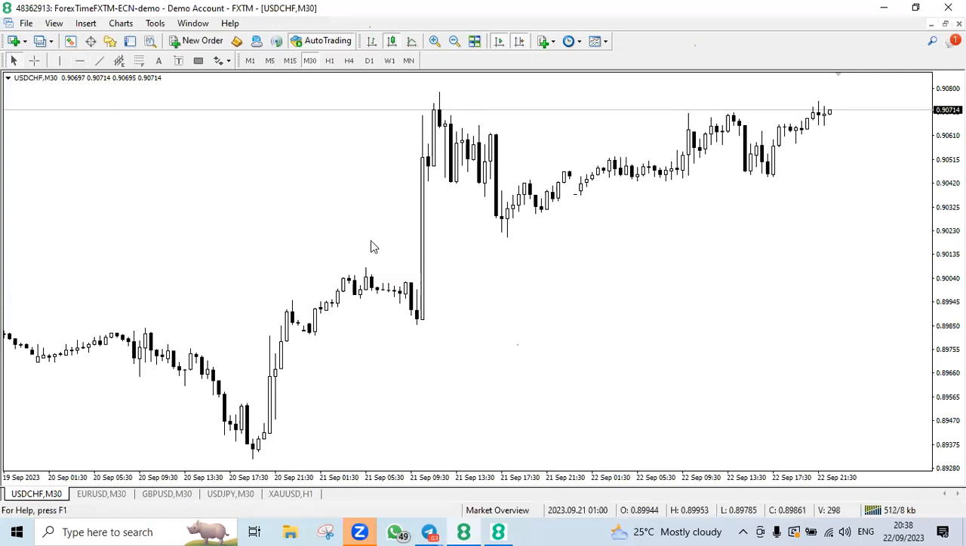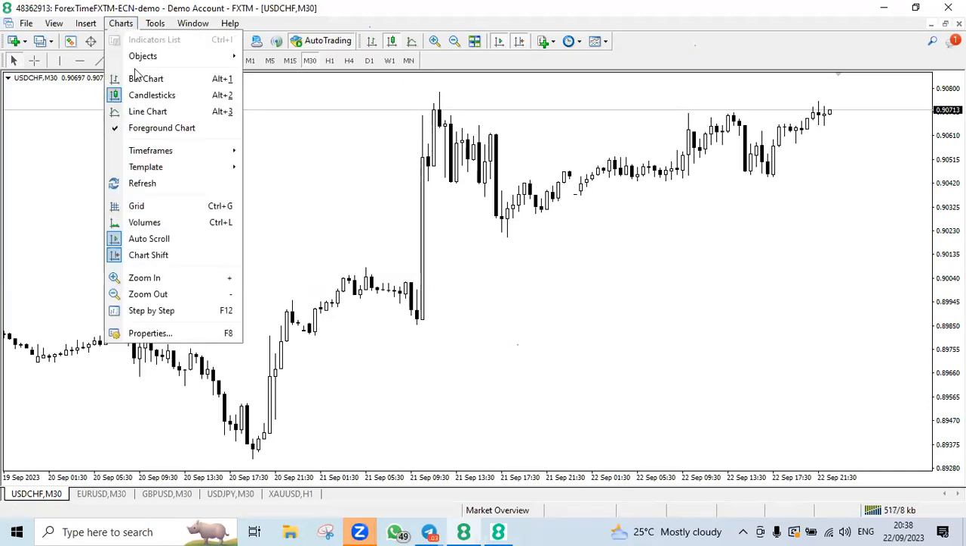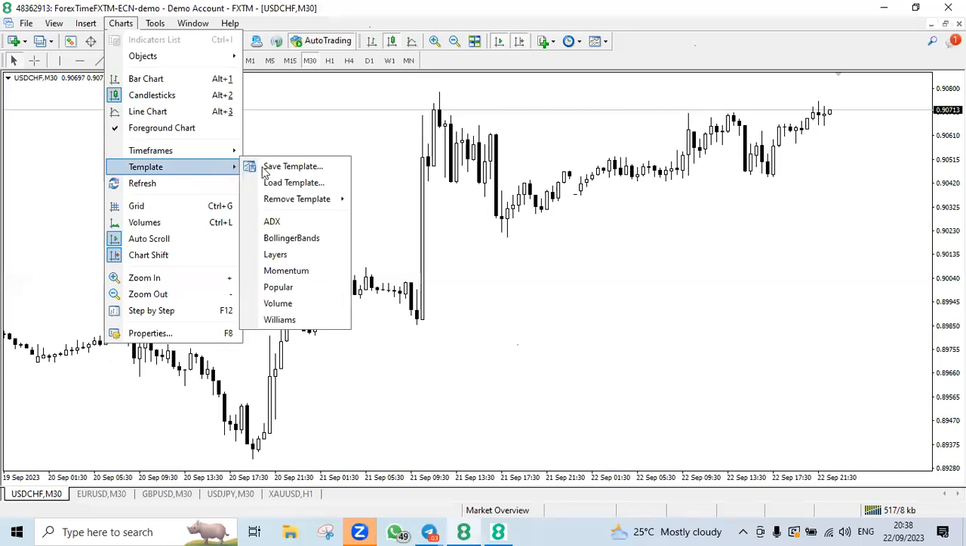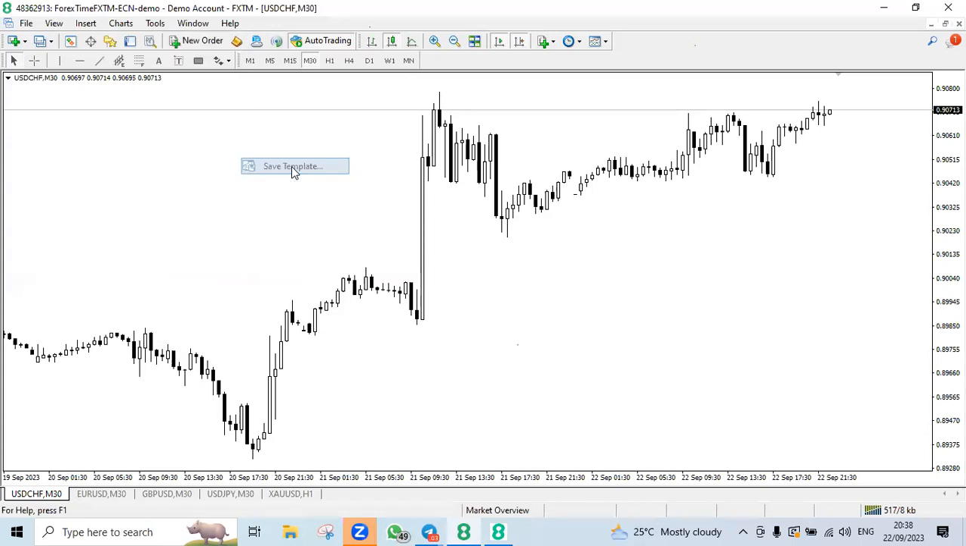Since I have decided that my chart should look like this, this is what I love, I have to save it as a template so that subsequent charts that I'll open henceforth will look like this. So what will I do? I'll go to chart, scroll to template, and then move to save template. Once I click on save template, a box will open. Now on that box,